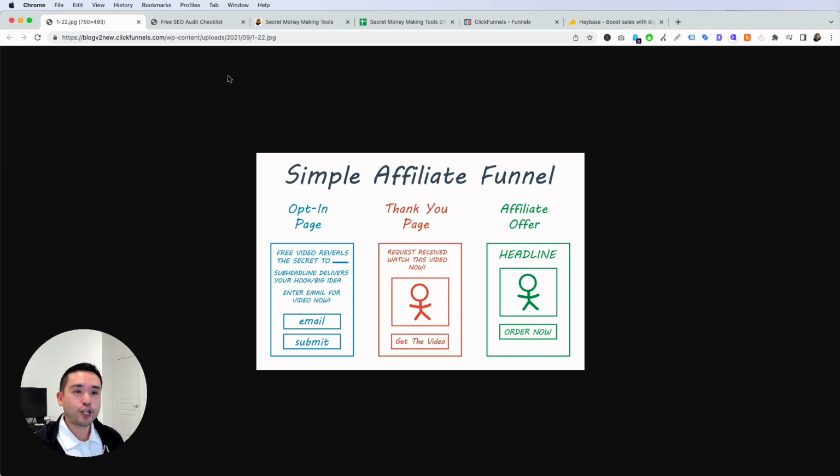So let's get started. My affiliate marketing funnel is a simple 3-step process. It looks like this. It's exactly like this. Okay, so the first step is the opt-in page. Now the opt-in page is a page where you capture someone's name and email in exchange for a